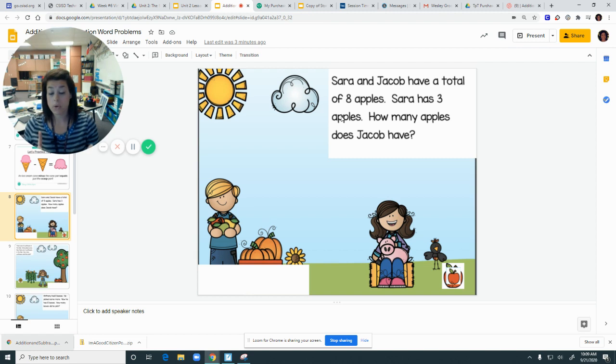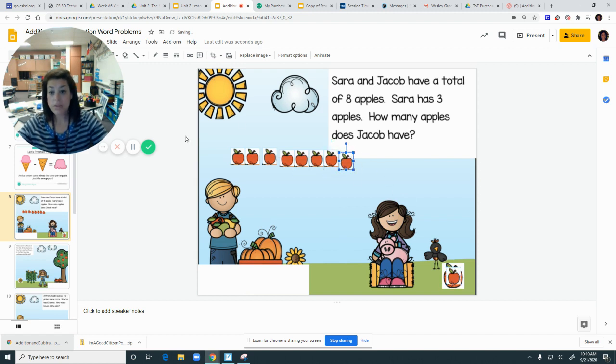Sarah and Jacob have a total of 8 apples. So if I put 8 apples, 1, 2, 3, 4, 5, 6, 7, 8. Together, they have 8 apples. Sarah has 3 apples. Okay, so I would give her 3 of the apples, because before they put all of